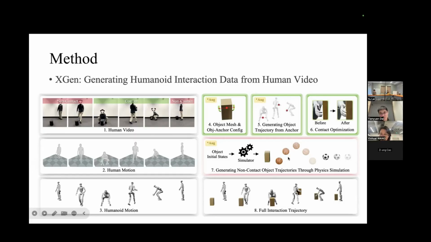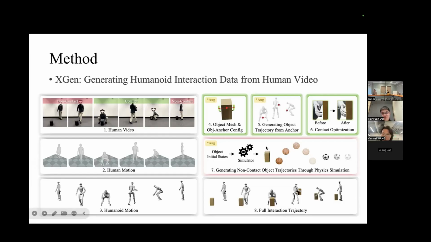For example, if the data is about catching a flying basketball or kicking a football, during the non-contact stage the object does not contact the humanoid, so we can use physics simulation to simulate the object status. And finally, we concatenate and interpolate between these stages to get a full interaction trajectory.